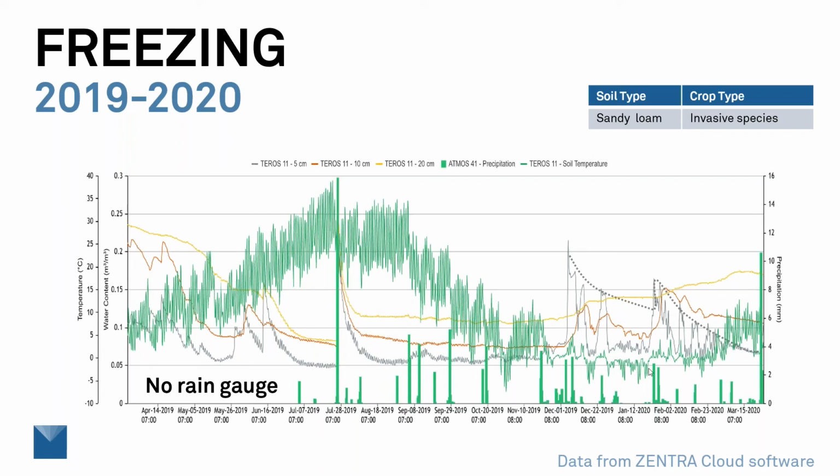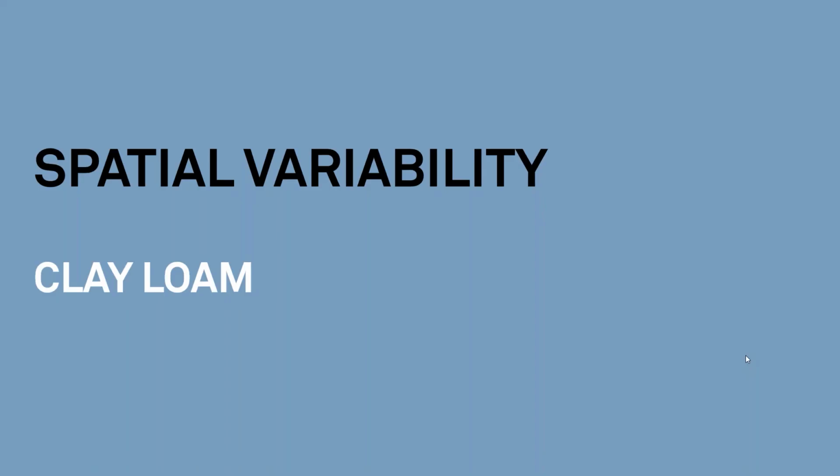But suddenly when we get out here and get soil freezing, it's just jumping around like crazy. I drew a dotted line in here to show you what should be the trends in water content here. And then in fact, when we do finally get thawing out there, the water content goes back to normal.